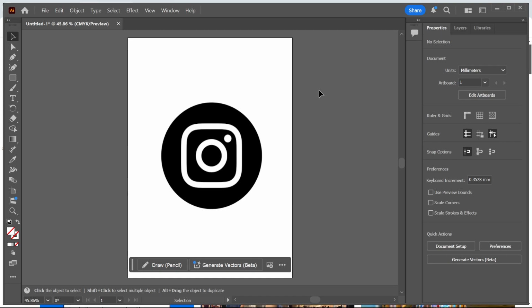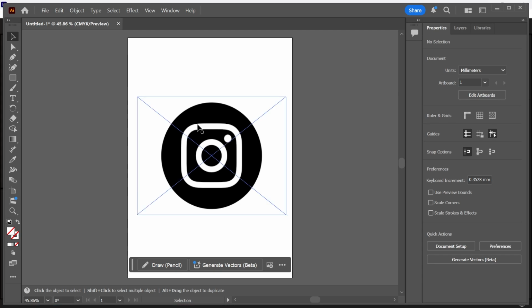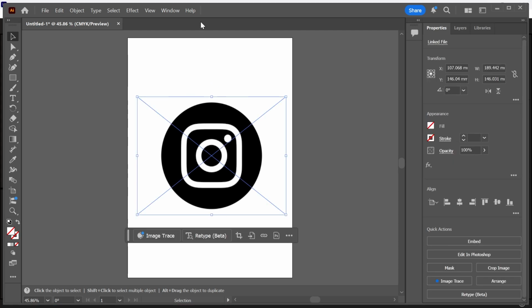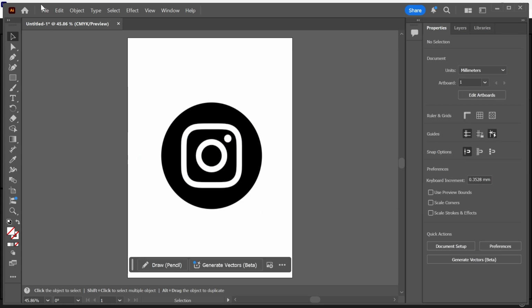In this video, I'm going to show you how to export your image in Adobe Illustrator with a transparent background. So you can see here I have my logo on the screen and it currently has this white background. So in order to export this as a transparent image, we first need to head over to File in the